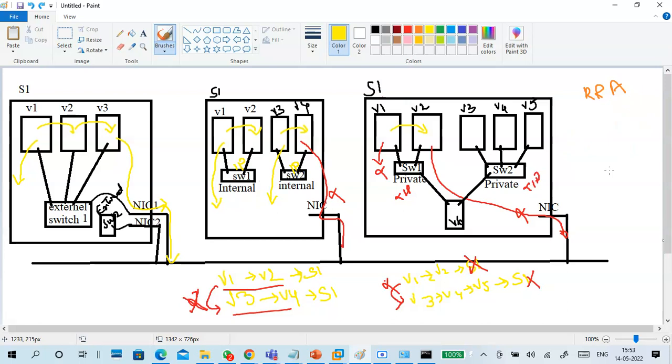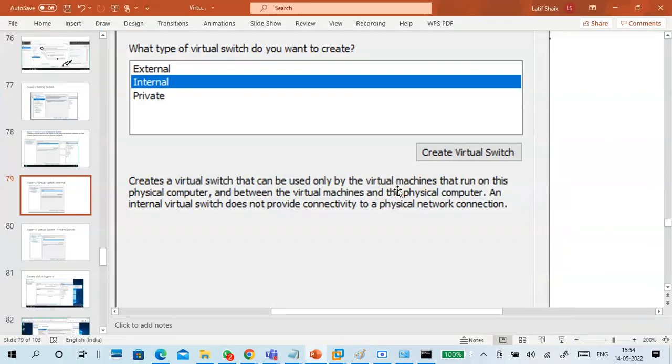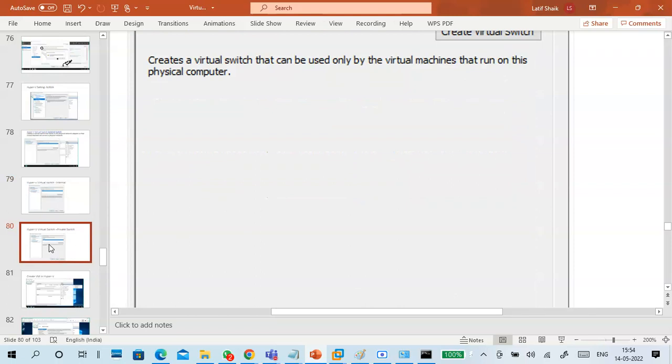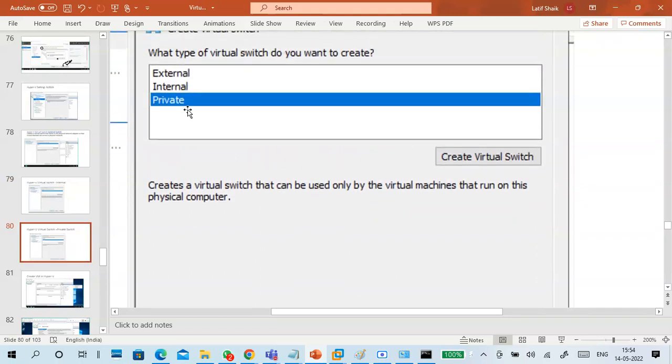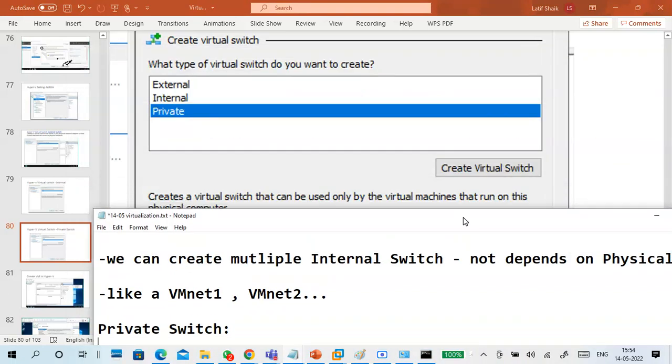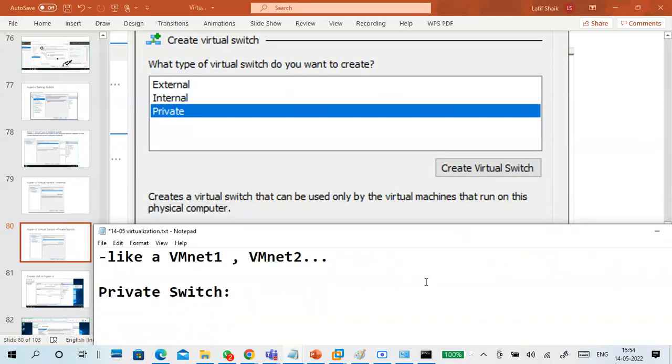But I think you guys understand. V6 can communicate with V1, V2, V3, V4, V5 because I have a machine with two NICs. One NIC is connected to private one, another NIC is connected to private two. It is a kind of host-only network type, not a specific adapter. So this is the private switch. We have to start writing a private switch. It is not big, only one line. So we'll try